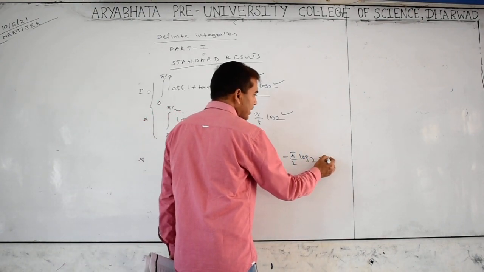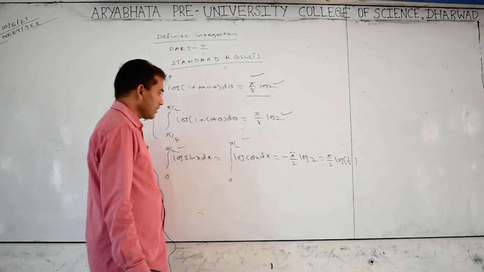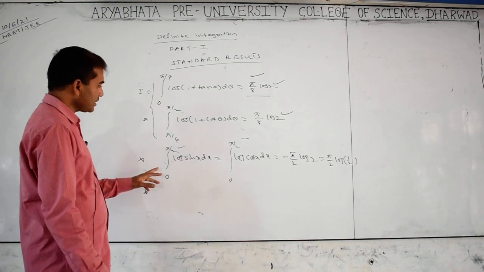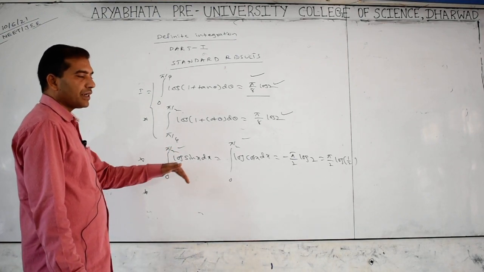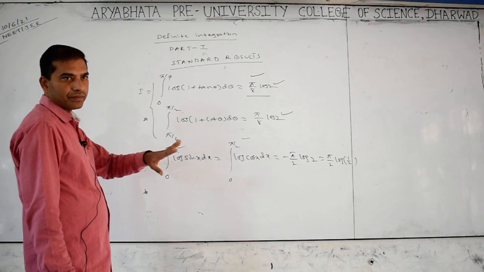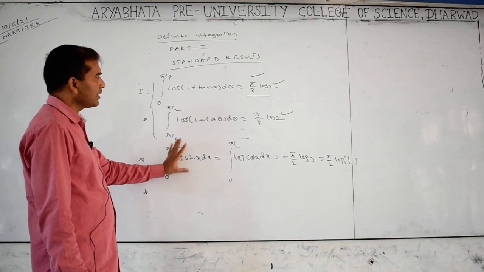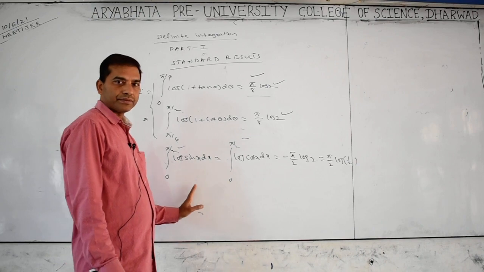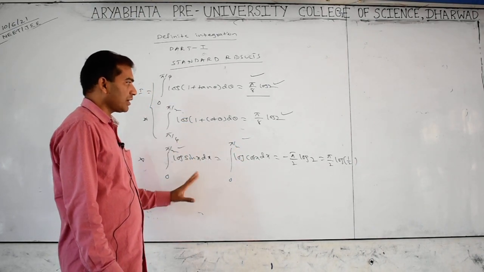Minus, sometimes we can write like this also, pi by 2 into log of 1 by 2. This is also proved in theory. Why I am telling this: it takes time to solve these problems. So if it comes in CET, it takes time. So don't waste 2 to 3 minutes, just go through that and remember this formula, think of it as a formula. These are compulsory questions every year from the standard results.